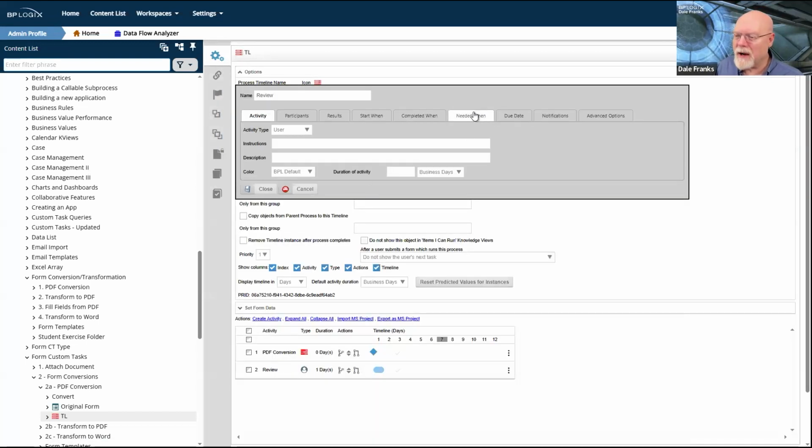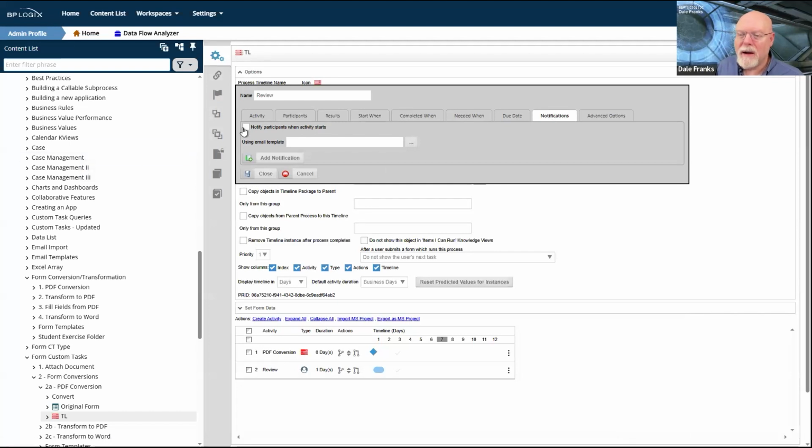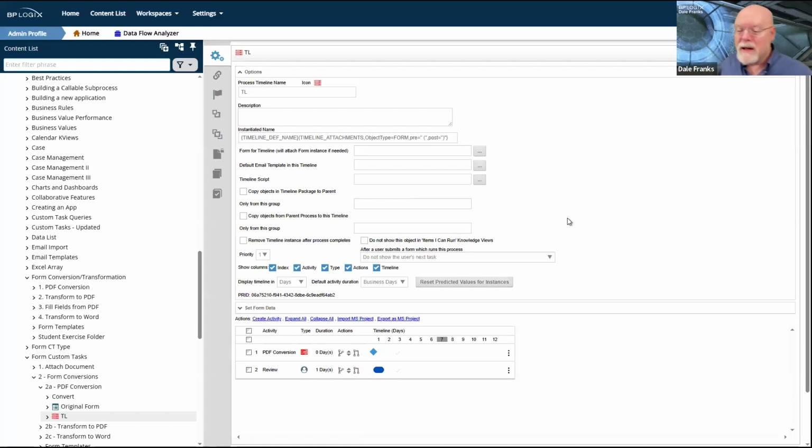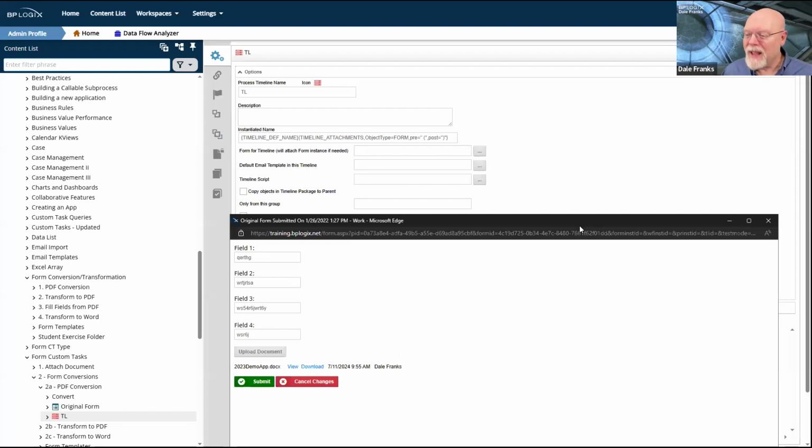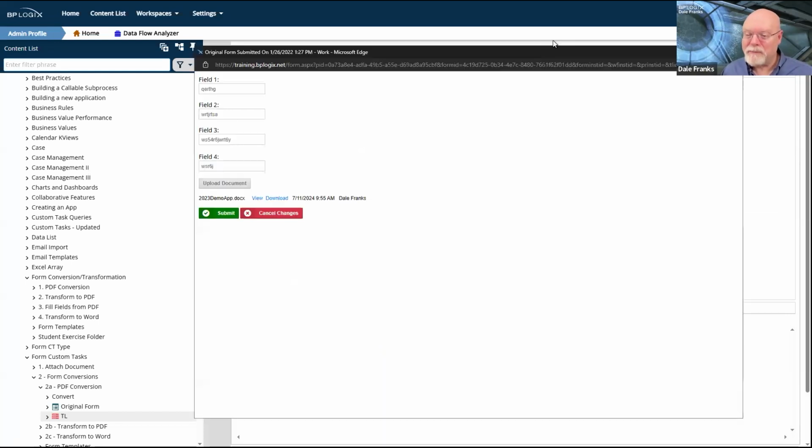Also, the other thing that I noticed, oh, okay, I thought I got a notification off this. Apparently I didn't. Fine. So what's going to happen is I'm going to submit this form. It's going to do the PDF conversion. And then I am setting this to do not show the user's next task, to intentionally try not to show me the next task, because it's not going to work. But when I hit submit now, we are going to be sitting and watching the little spinny work for a long, long time, because I built this into my process.